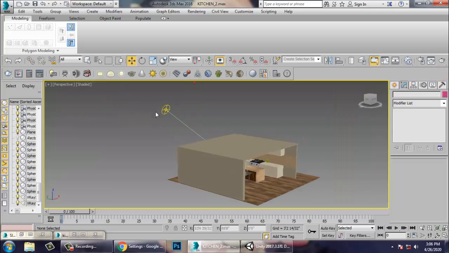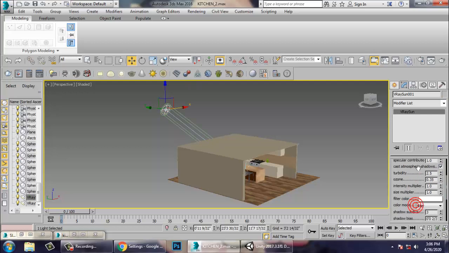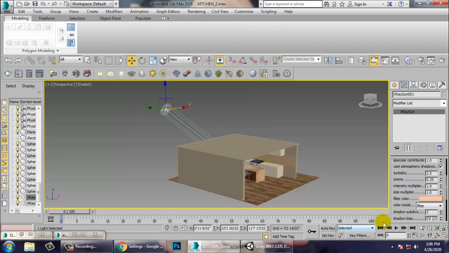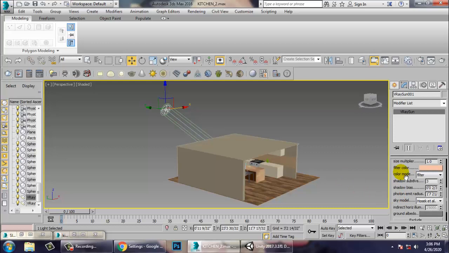select this light, let's go down and change the filter color of this particular light. So let's add a color to the light. Let's go down, and it's more important that you reduce its multiplier to 0.4 and increase the photon emit radius.